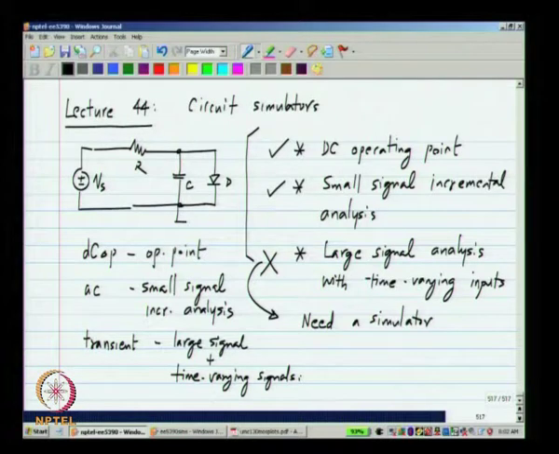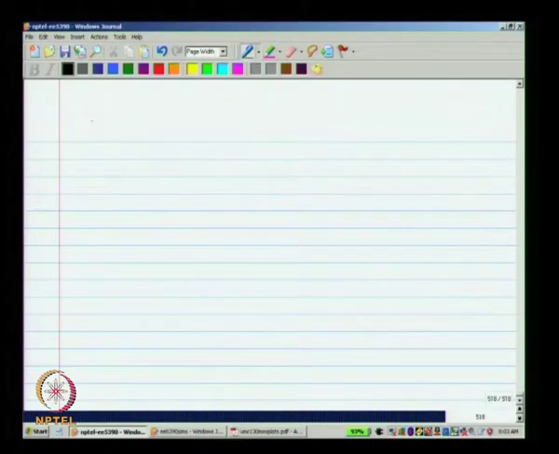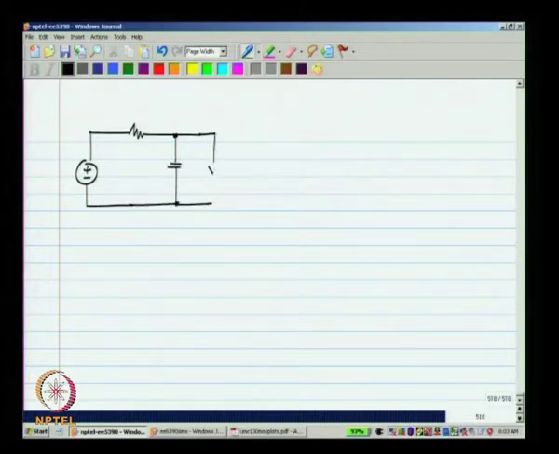Now, the simulator is basically a software to which you have to provide some inputs, and it will do various analysis on the circuit and give you the outputs. So, what are the things that you need to give to the simulator? First of all, you have to specify in some way what the circuit is.